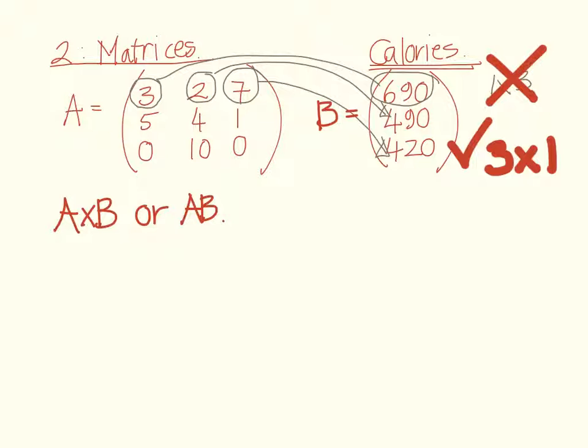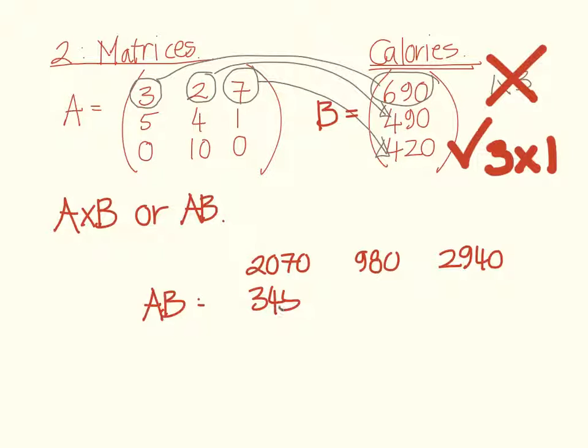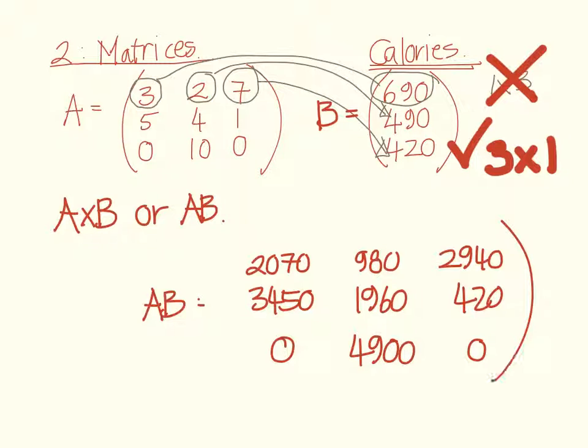The resultant matrix is, and this is the way in which we would write it, AB equals 2070, 980, 2940, 3450, 1960, 420, 0, 4900, and 0. Okay, so that is AB,